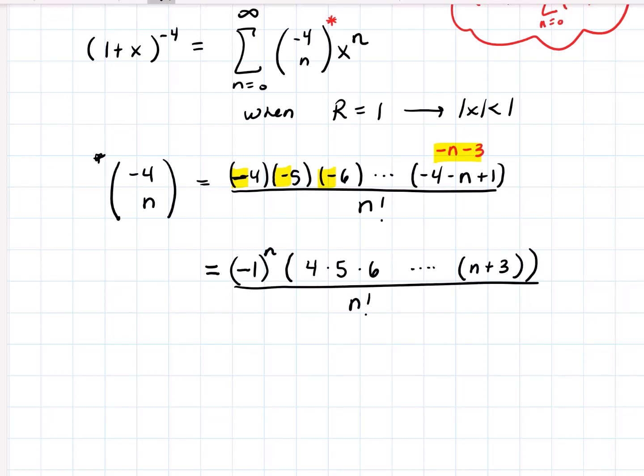This is not a factorial, but it is almost a factorial. So when I'm looking at this, I'm thinking, this is not a factorial because it doesn't have the 1, 2, 3 in it, but it's almost a factorial. I have a factorial in the denominator, and